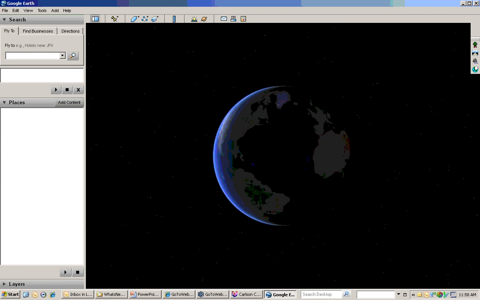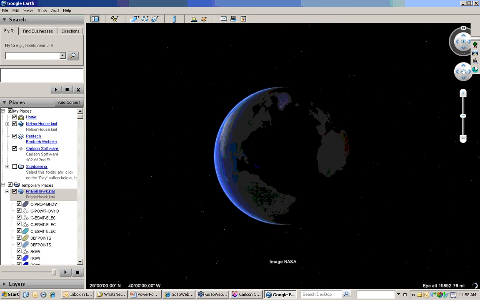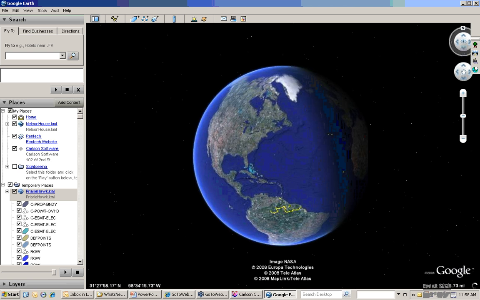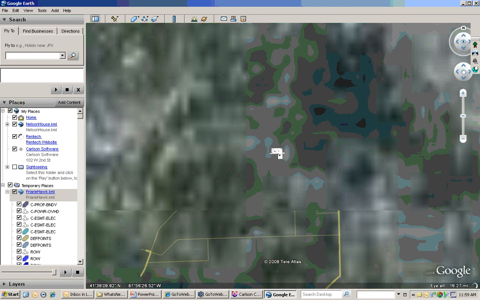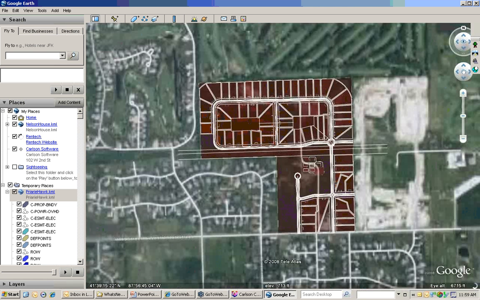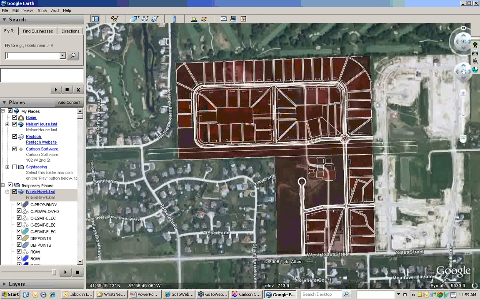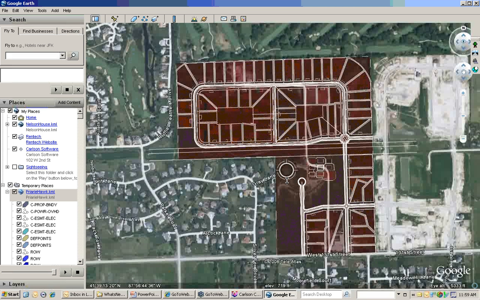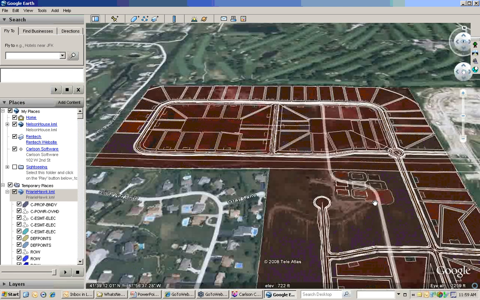So if you have, again, those presentations that you need to make to governing agencies, or if you want to see how the site's going to look, it'll give you the ability to take this right into the world and see how we've got roads, intersecting roads, and areas abutting different areas, and the different utility lines that we've got in here. So again, just one more presentation tool that you have to work with, and you can see again in here my pads that have been laid in here for me. It gives you a really great visualization tool in an environment that is certainly not the vector world